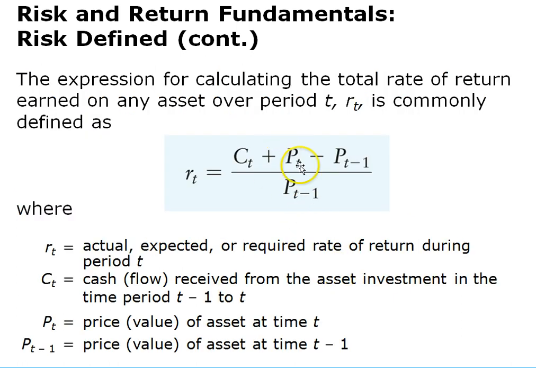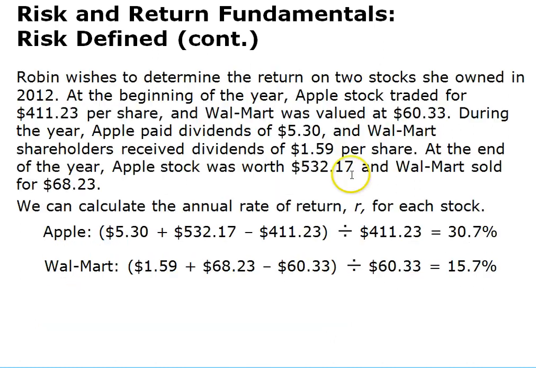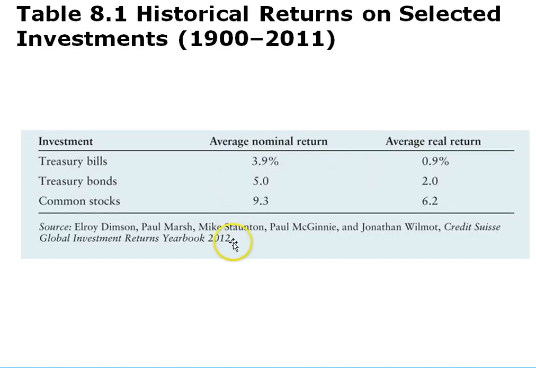Think of P to the T as the ending price, and P to the T minus 1 as the beginning price. So the hint here is that the minus 1 is supposed to represent the time period from beginning to the end. Okay, so let's look at some historical returns, the average nominal return and the average real return. And